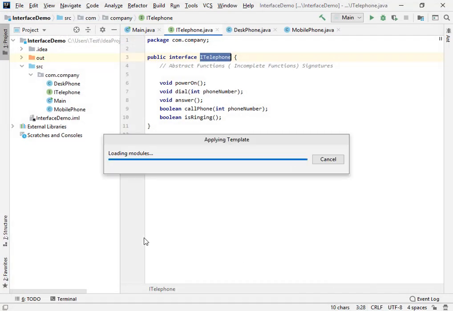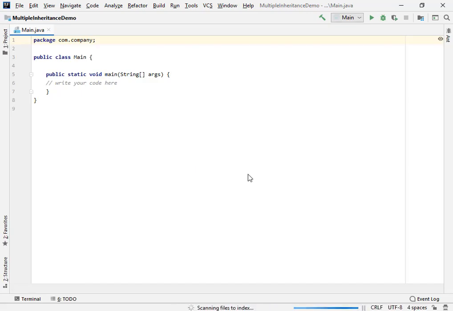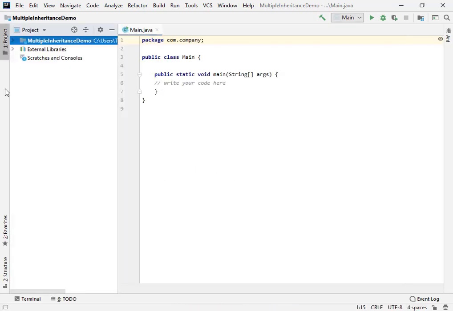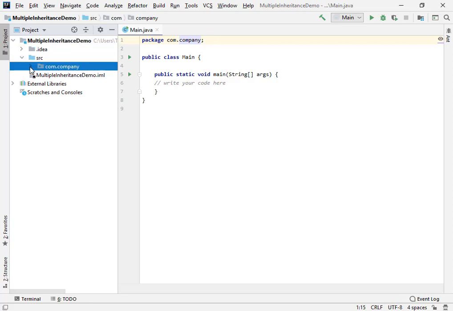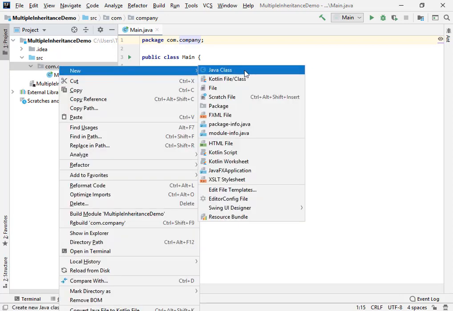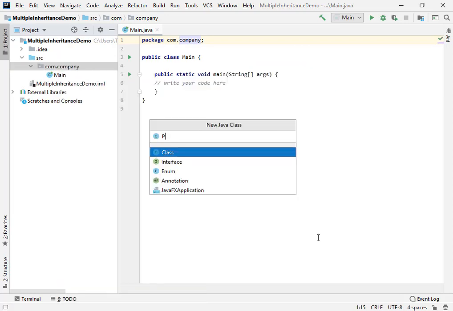So this will be a demo project for this concept. Now we have this project created. So first thing I'll do is create a class. This would be for person.